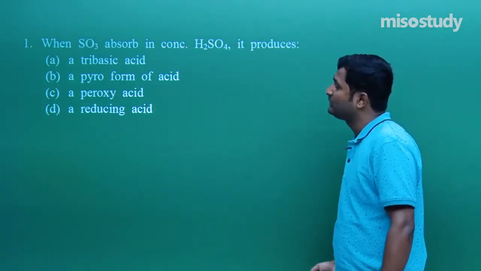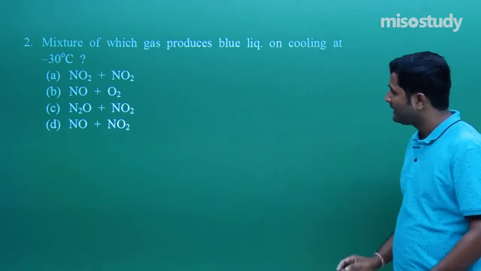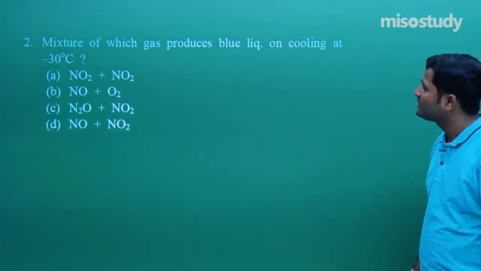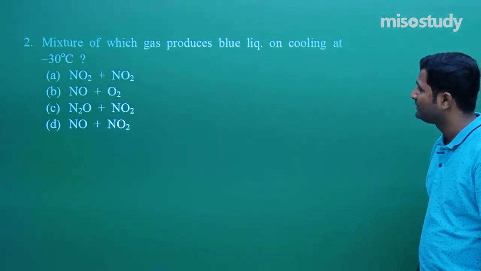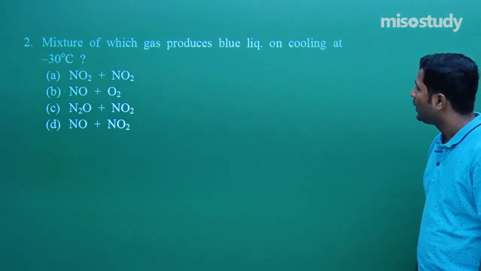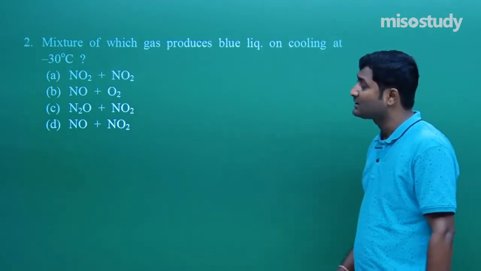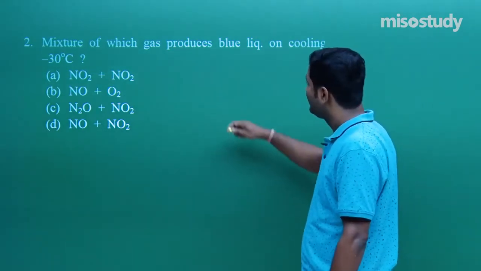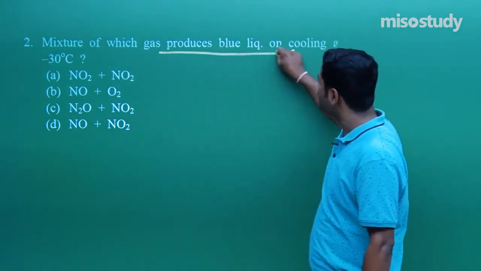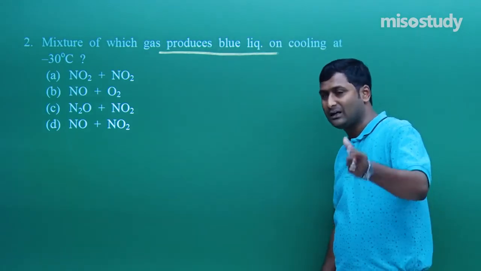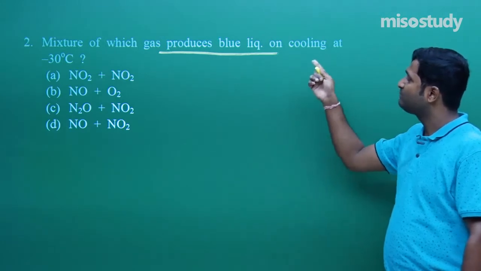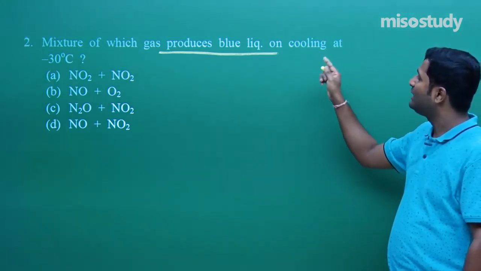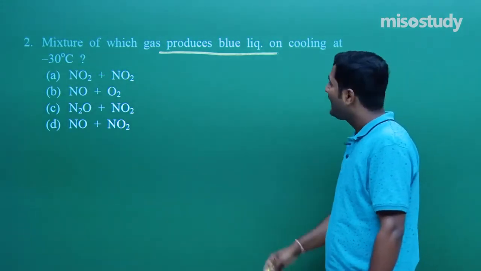Now let's move to the next question. Look at here, what is given here? Mixture of which gas produces a blue liquid on cooling at minus 30 degrees Celsius. Look at, this is a completely conceptual question. Read the question carefully. Mixture of which gas produces blue liquid on cooling at minus 30? As we know,